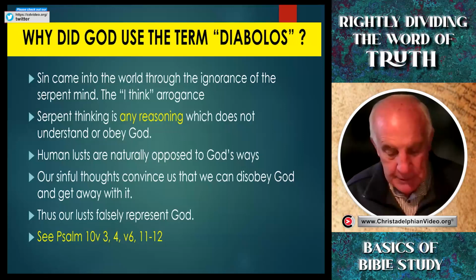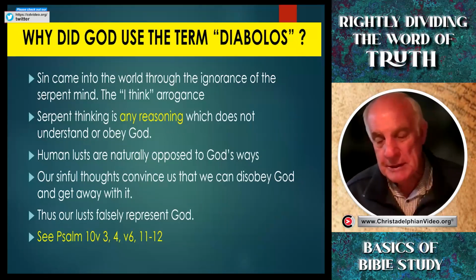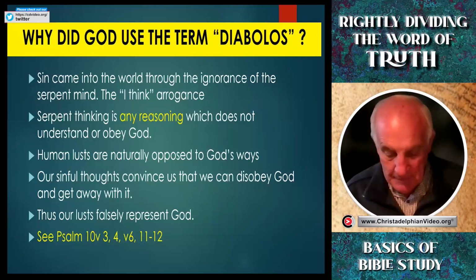His mouth is full of cursing and deceit and fraud. Under his tongue is mischief and vanity. He sits in the lurking places of the village. In secret places does he murder the innocent. His eyes are privily set against the poor. So this is some of the excesses the wicked are capable of. He lies in wait secretly as a lion in his den. He lies in wait to catch the poor. He doth catch the poor when he draweth him into his net.